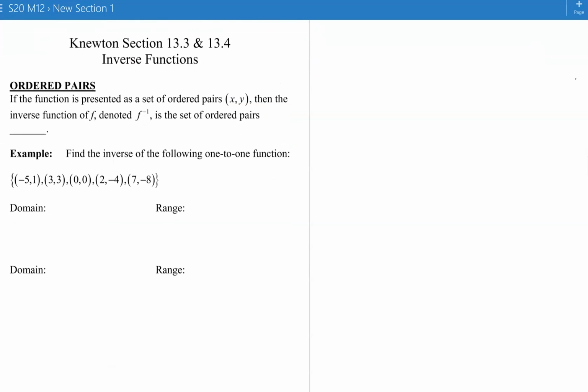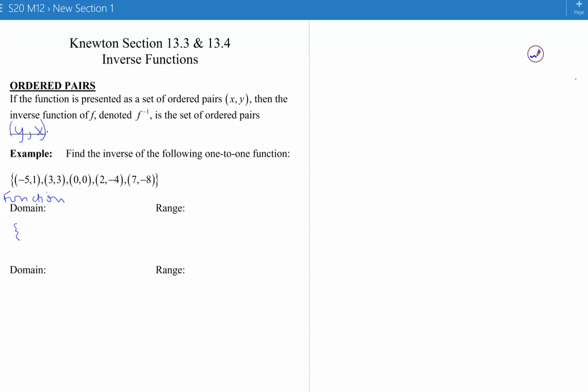Okay, so the next way of representing a function that we looked at was ordered pairs. So if you have a set of ordered pairs, x comma y, then the inverse function is going to be the set of ordered pairs that you get by writing the coordinates of each point in the opposite order. The domain becomes the range, and the range becomes the domain. So in this function,